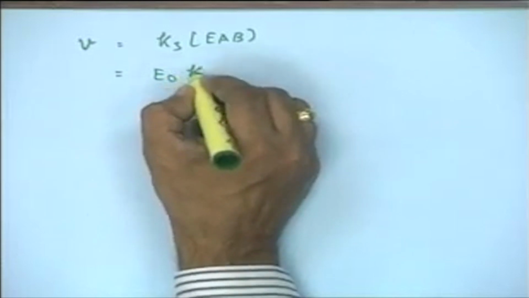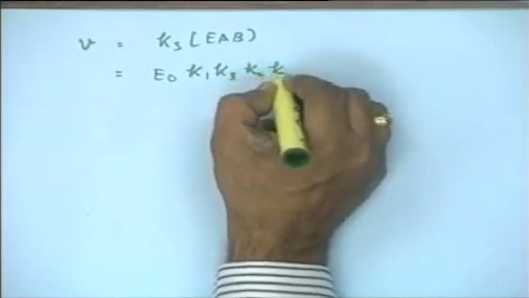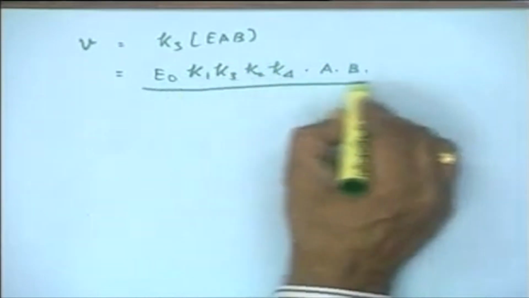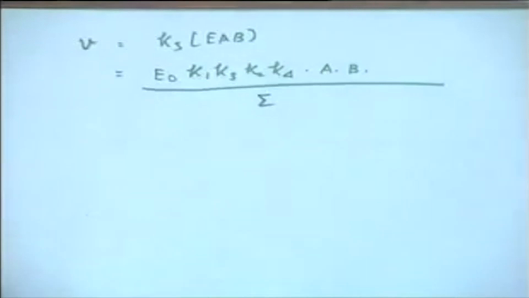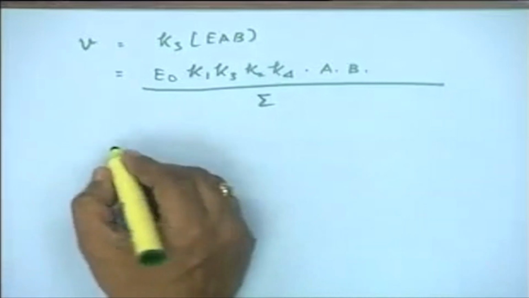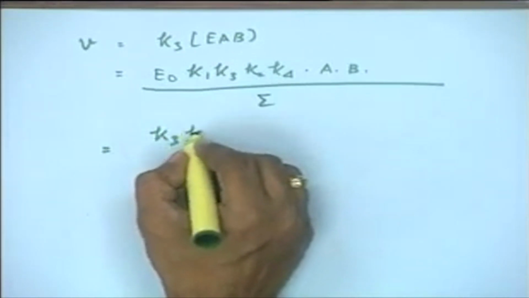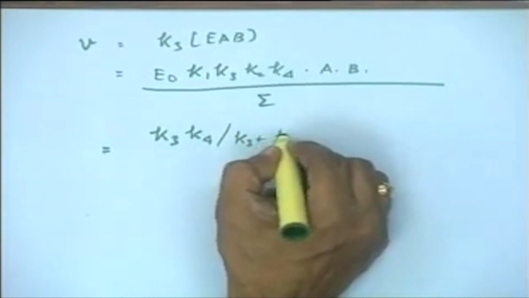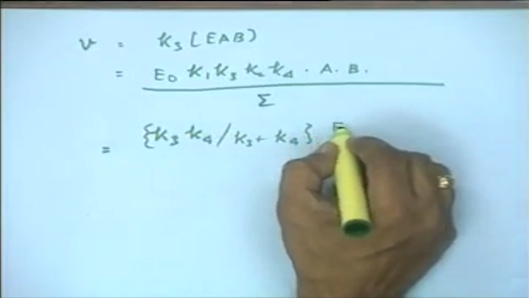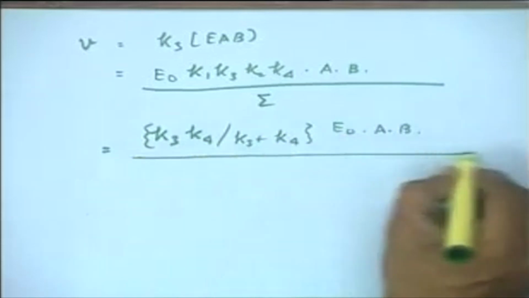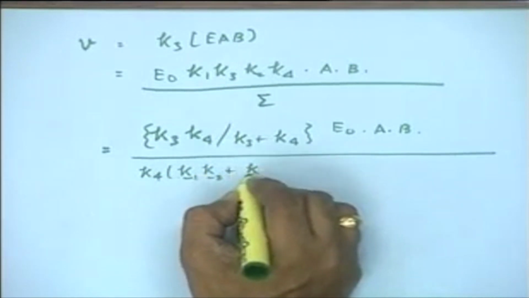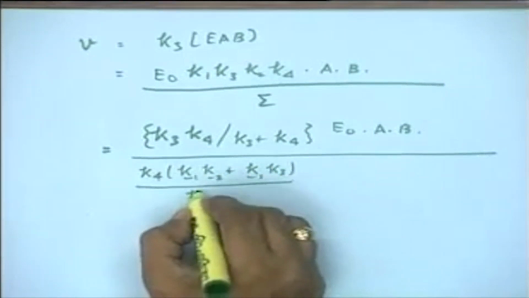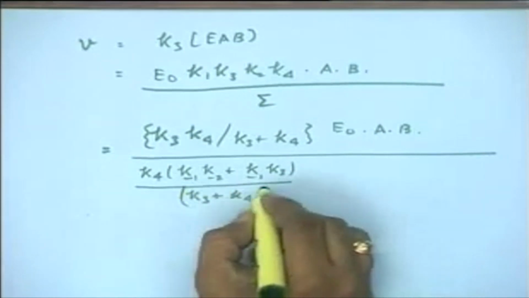And so, if you substitute the value of EAB, you get E naught K1 K3 K2 K4 into A into B whole upon sigma, the total sum of all the numerators of earlier species, and if you simplify that just by arithmetic manipulation, you get an expression like K3 K4 upon K3 plus K4 E0 into A into B whole upon K4 K minus 1 K minus 2 plus K minus 1 K3 whole upon K3 plus K4 K1 K2